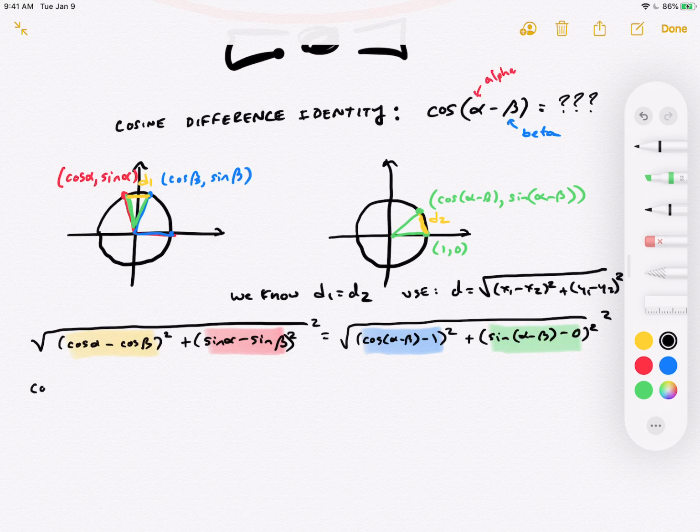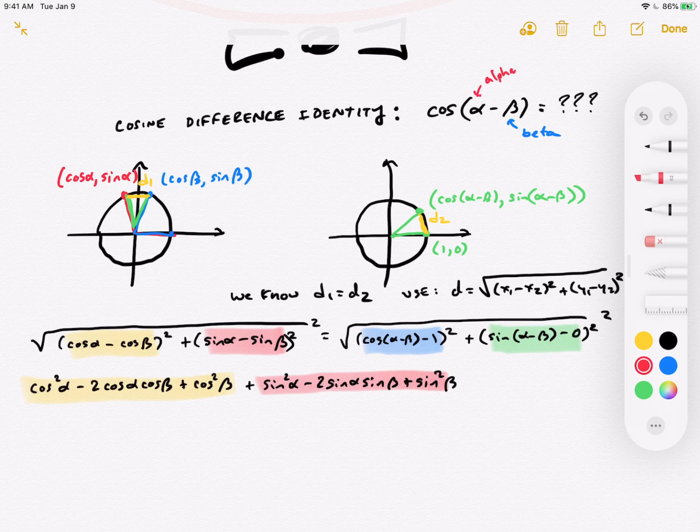So as I write it out, it becomes cosine squared alpha minus 2 cosine alpha cosine beta plus cosine squared beta. That was the yellow part. And then next I will multiply out the second binomial. It'll be sine squared alpha minus 2 sine alpha sine beta plus sine squared beta. That is